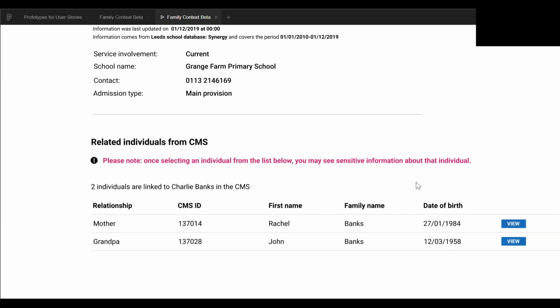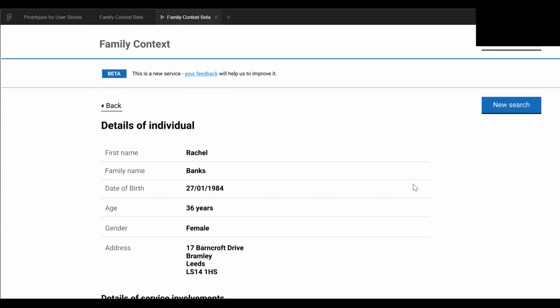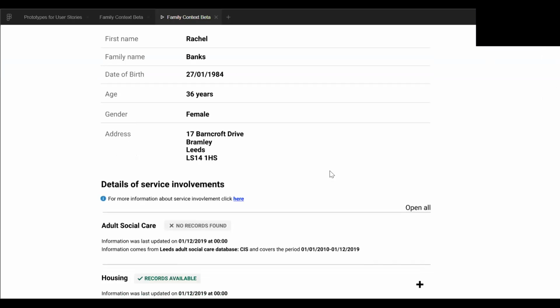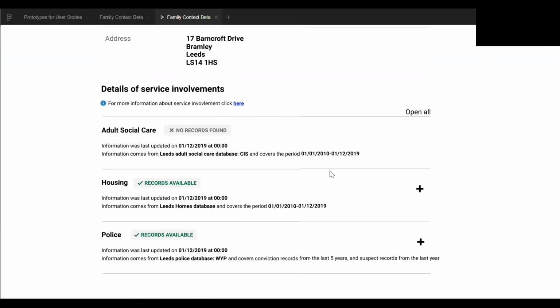From this list, a social worker could select an individual and they would be taken to their individual detail page. Like the child's detail page, the individual's detail page has their basic information at the top, followed by their service involvement. Again, this starts off by showing a closed view where the flags indicate whether records are available for a